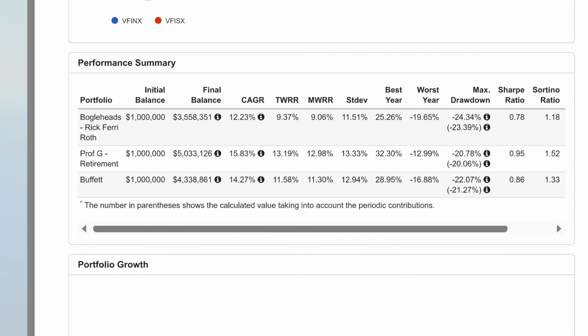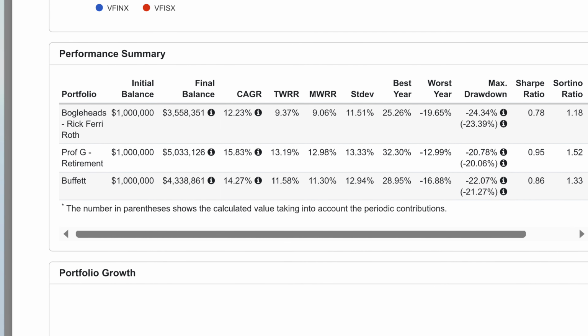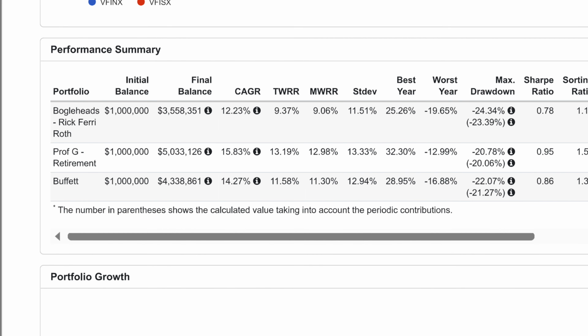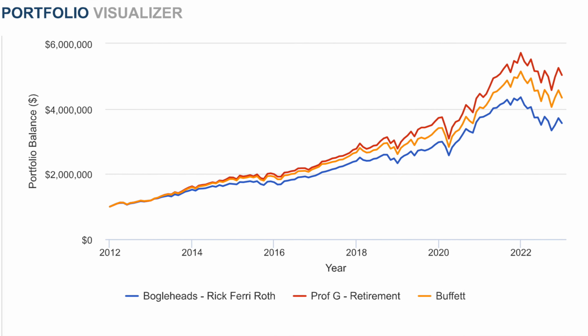$3,558,351 in the Ferri portfolio. You'd have $4,338,861 by going with Warren Buffett's pick. And if you went with the Professor G 3 fund portfolio, your $1 million would have turned into $5,033,126. Looking at the chart here, it's easy to see that my portfolio crushed the other two, as mine is